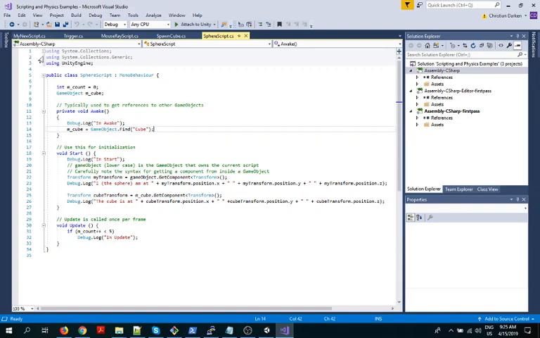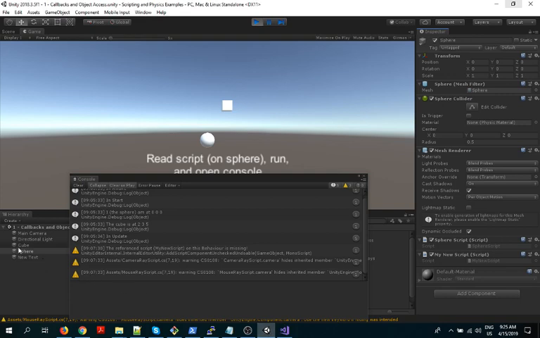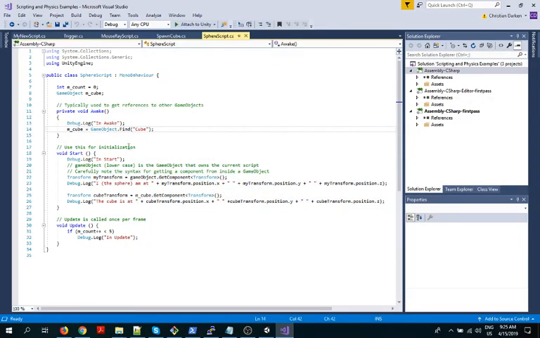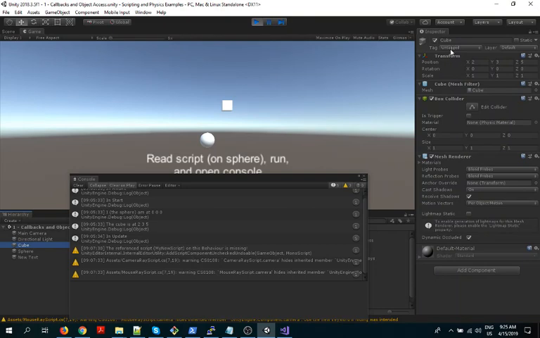There's a bunch of ways. Here is how you get a handle on a game object using its name. That cube is actually called Cube in my scene. Let me prove it to you. There it is, it's called Cube right there. That's how I'm grabbing it. There are other ways to get objects. Do you realize every object has a tag over here?